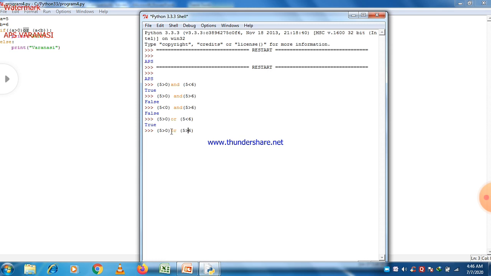The first condition is true and the second condition is false, and they are separated by OR, so the final result will be true. Why? Because with the OR operator, when at least one condition is true, the answer will be true, otherwise the answer will be false. Let's check it again. Press enter and we get the desired result: true will be the final answer.